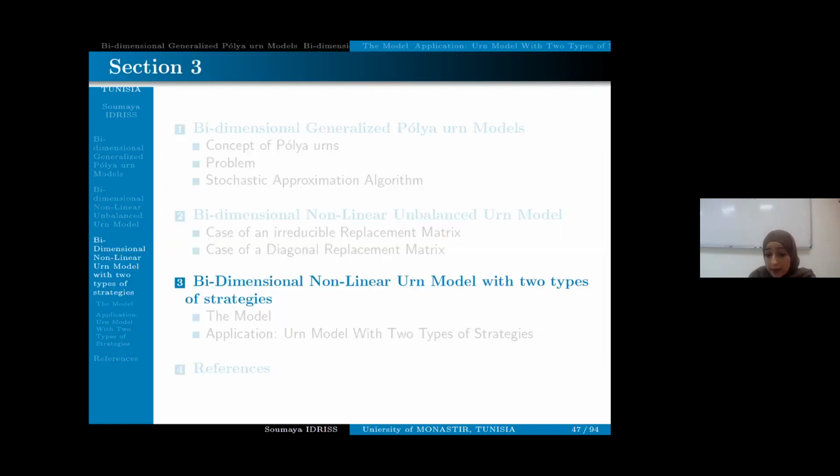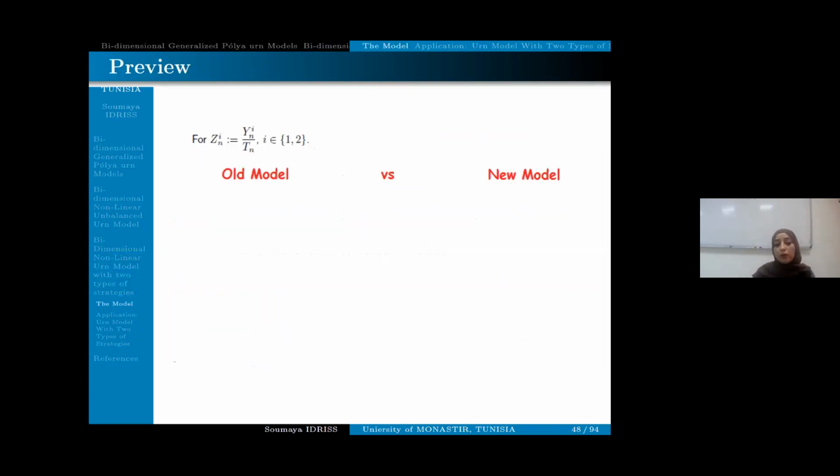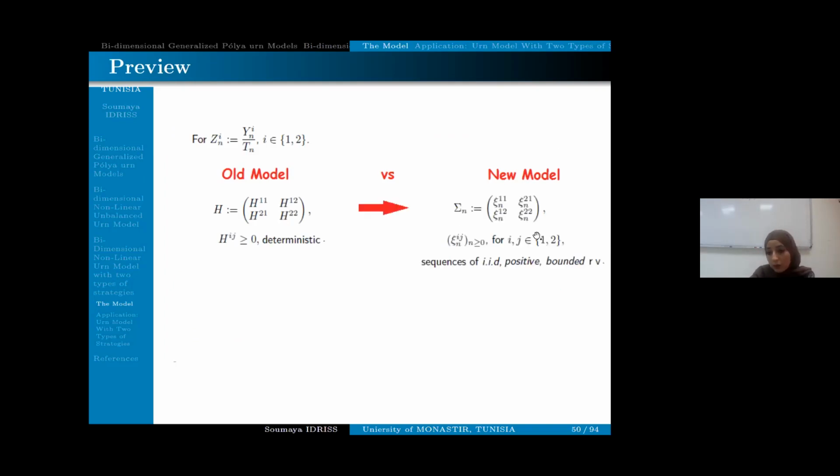We move now to the last section, which is the nonlinear urn model submitted to two types of strategies. So before presenting the model, I would like to present a small preview to compare the first model to the second model. In the old model, we used a deterministic matrix, whereas in the new model, we are going to use an addition